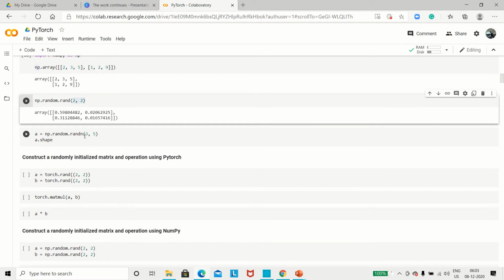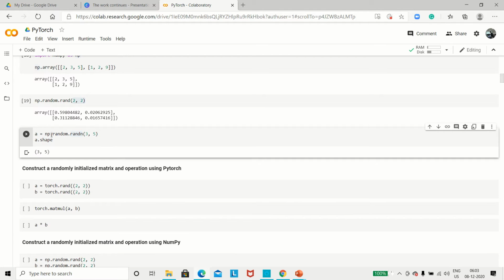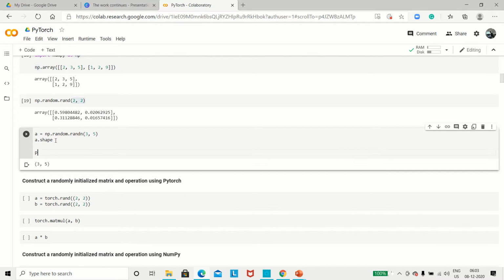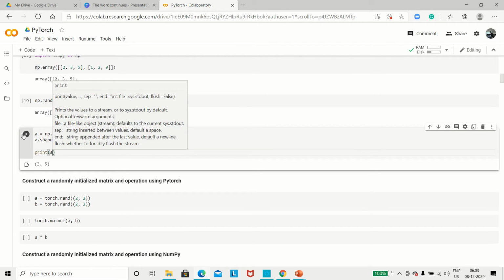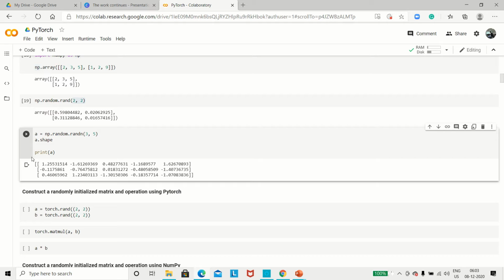Similarly, again same example. I want to draw a random matrix, okay, of size 3 by 5. Let me print this matrix for you so that it's more clear. See, so a 3 by 5 matrix is right there, consisting of 5 columns and 3 rows.